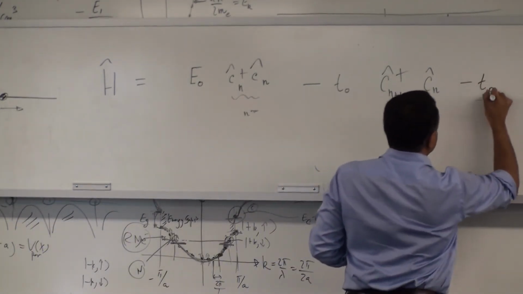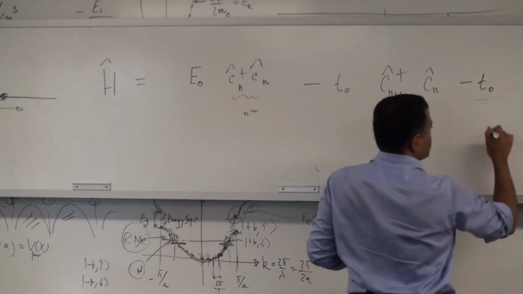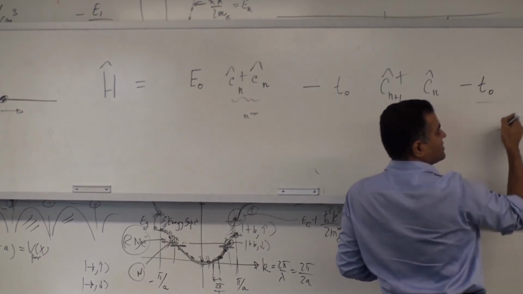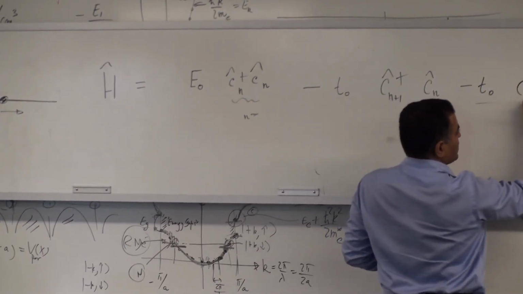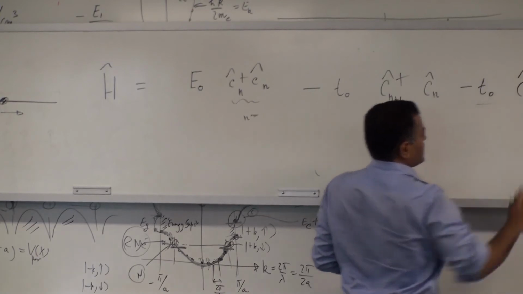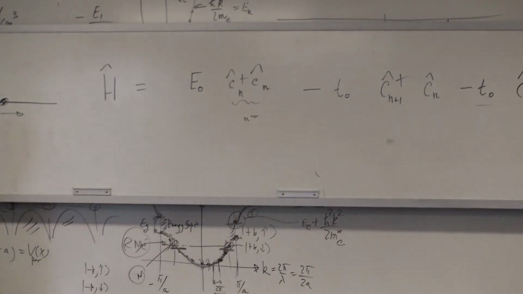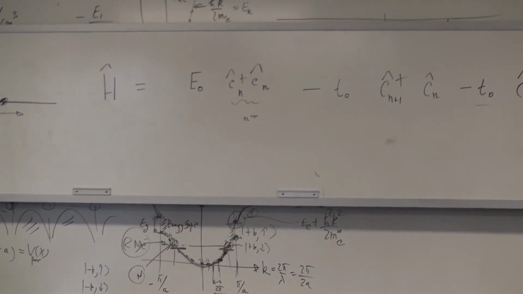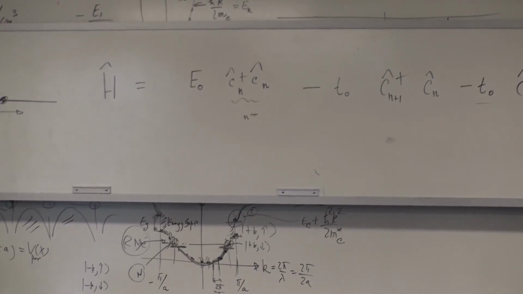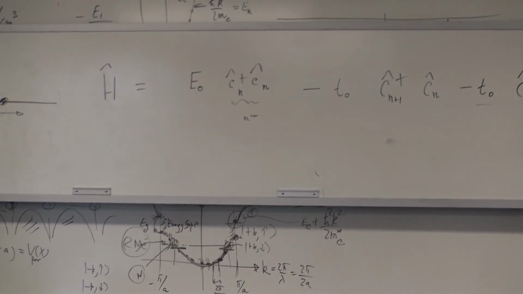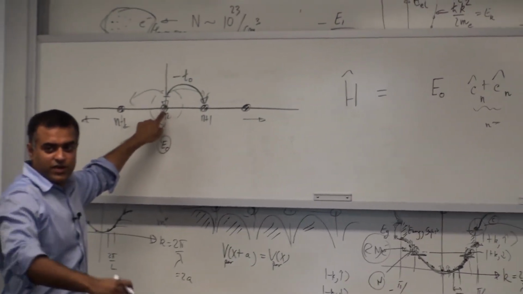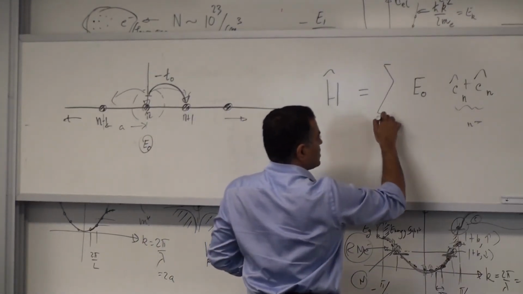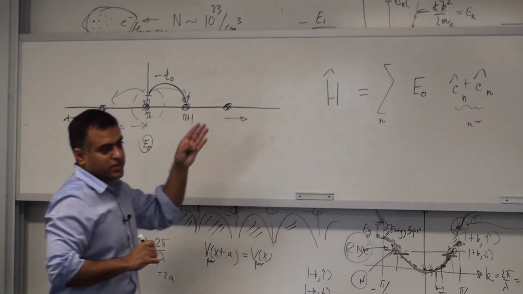Is that clear? It should be simple at least. Again, what's the next one? What's the left hop? Again, minus T naught, then c n, and then what do I write here? Now it's labeled by n minus 1, and there's a dagger here. So that is the energy of these three processes that we wrote here. But this site is not unique at all. This site is equivalent to every other site, so your total Hamiltonian is a sum over all sites n. So that's the total Hamiltonian of the system.